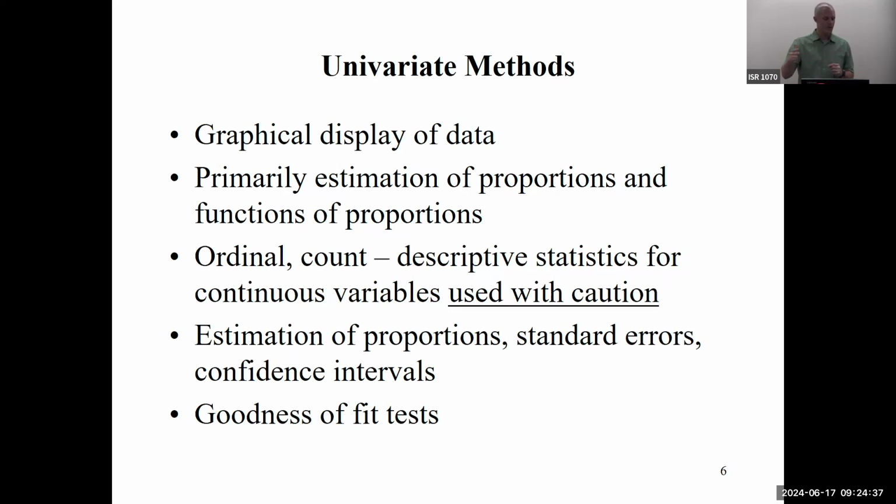Makes a little bit more sense for count variables, because we know each of those possible values is always separated by a count of one event. May not necessarily be the case for ordinal variables, especially if they're based on some kind of recode, where there's different categories depending on how that variable is recoded. Okay? So I say, use that with caution. It's always the safest bet with ordinal and count variables to think about proportions and report the proportions in each of those categories. So univariate methods in general will involve estimation of proportions, standard errors for those estimated proportions, and